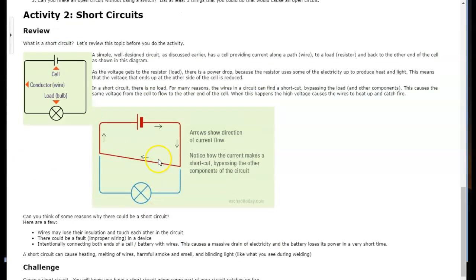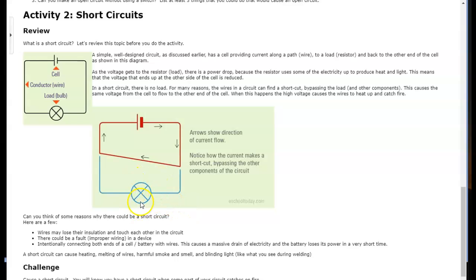Hey gang, so the next part we're going to talk about is short circuits. So open circuits are one reason that electricity won't flow through a circuit, but there's another reason that this could happen, that your lamp might not light, and that's a short circuit. So a short circuit. In a short circuit, we find out that the power goes somewhere else other than where it's supposed to go. So in this picture right here, we see the power going, instead of going into the